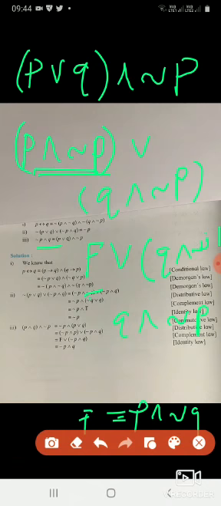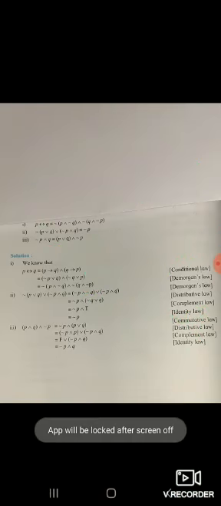Now what I have to prove? Negation of P and Q. So I want to interchange the order, means it is commutative law. It is commutative law. We can order. So we can prove it. So we have taken the right hand side, and I have proved the left hand side.